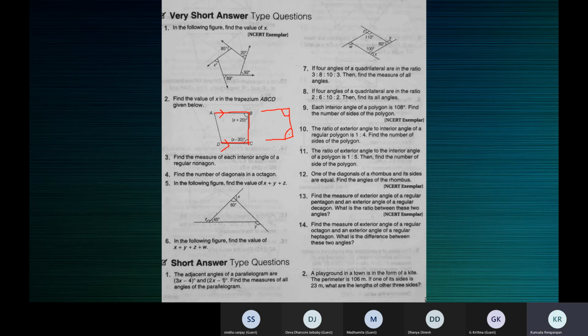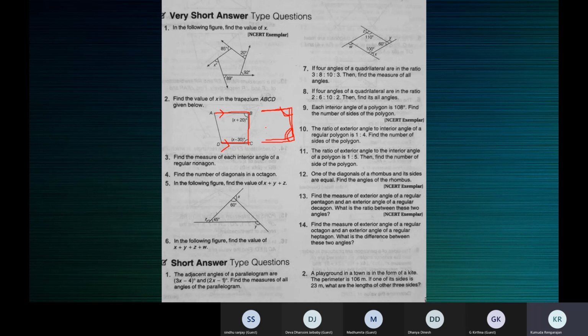So Danya, the equation works to the same thing which you said, but the reason is not because adjacent angles are supplementary. Because in a trapezium, every pair of adjacent angles is not supplementary. So the reason is because: parallel line, transversal, parallel line, co-interior angles are supplementary. So x minus 30 plus x plus 20 is equal to 180.